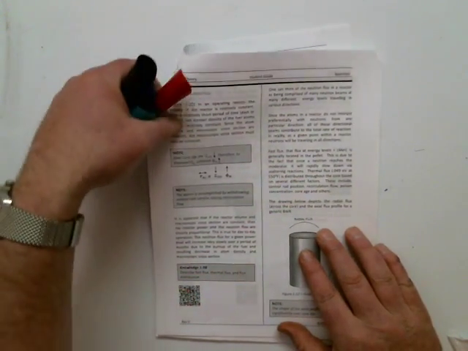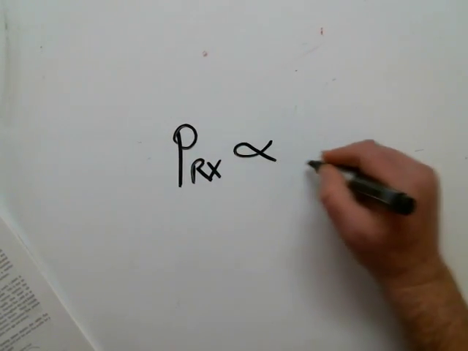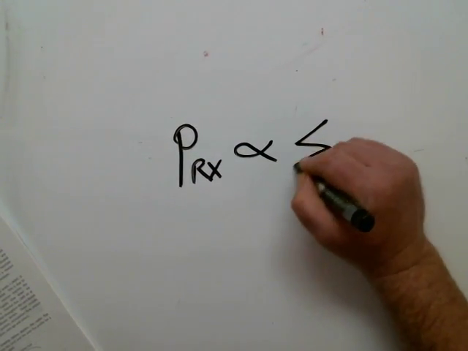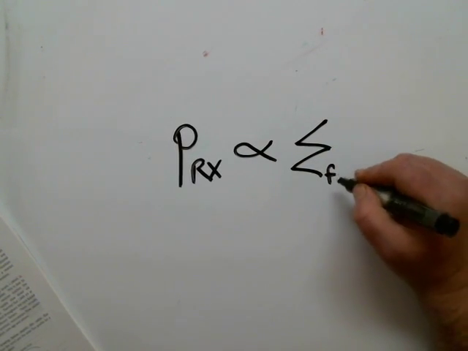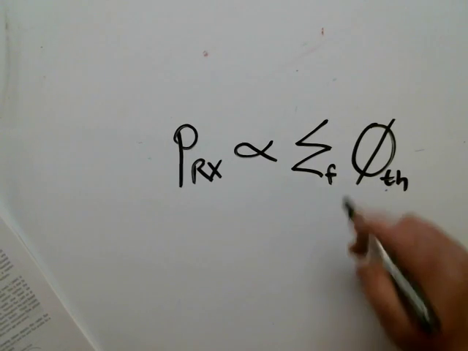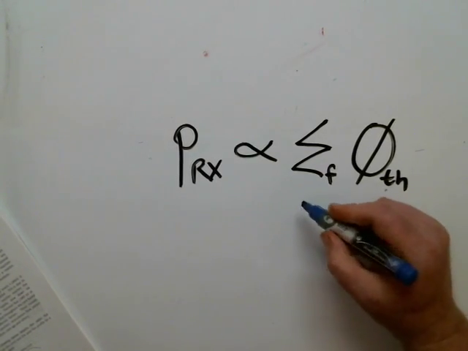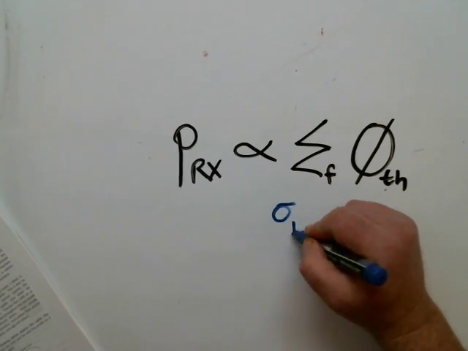Okay, so I messed up there a little bit on that last video. So let's make sure you understand that power of the reactor is going to be proportional to the macroscopic cross-section for fission times the thermal flux, where we said that the macroscopic cross-section is equal to, well, the